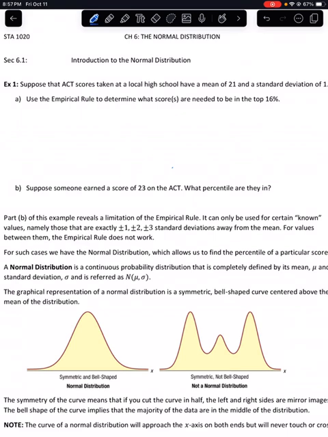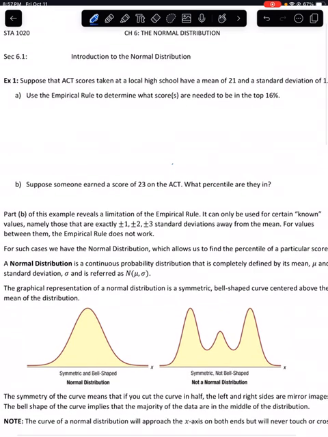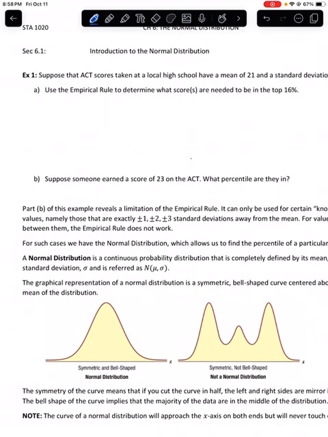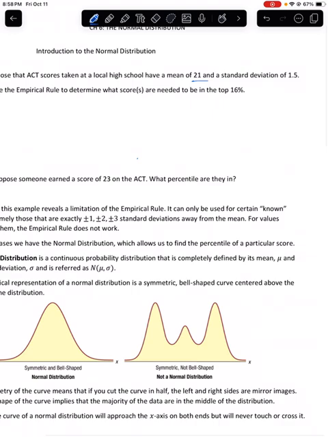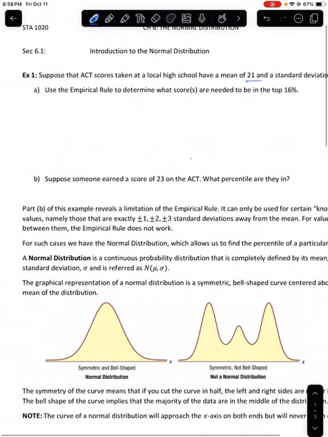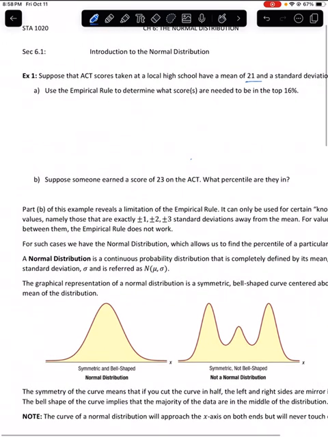We start with an example, something similar to what we have seen before, and then introduce something new. So example 1: suppose that ACT scores taken at a local high school have a mean of 21 and a standard deviation of 1.5. Use the empirical rule to determine what scores are needed to be in the top 16%. So if you recall the percentages,